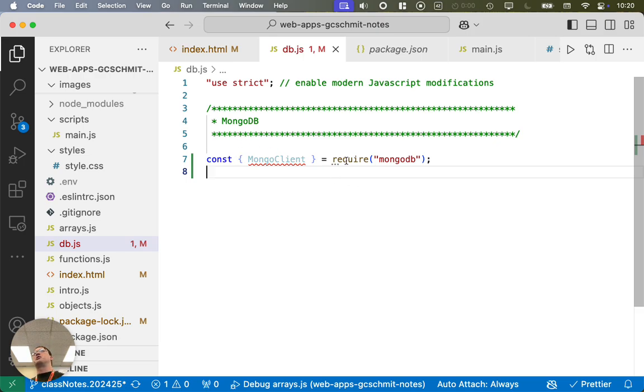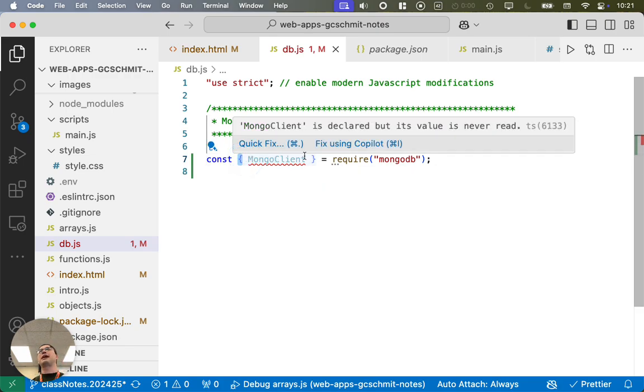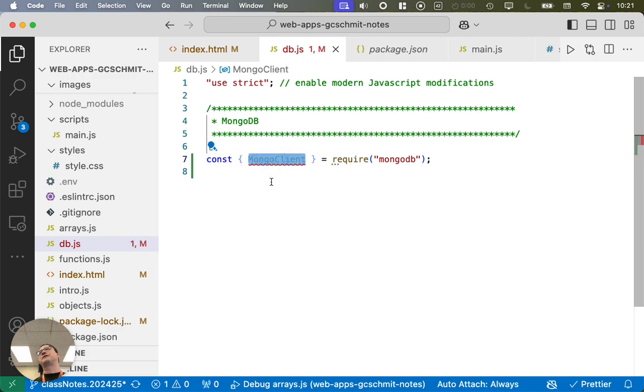This syntax, so when we use require here, the MongoDB node module actually returns several things inside of an object. So it returns multiple stuff. We only care about the first thing that it returns, which is a reference to this client object. So putting it in curly brackets is just a shortcut way of saying, yeah, this returns a bunch of stuff, just assign the first thing in the object to this variable MongoClient, and then I can use the MongoClient. Otherwise, we'd have to assign it to a variable like,